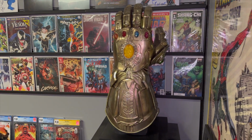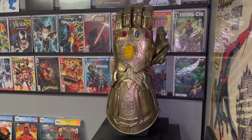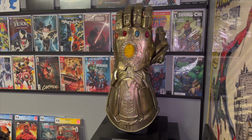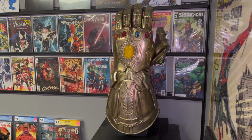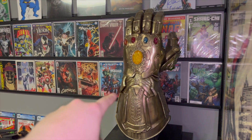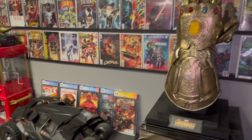It's also a product that is long sold out, so it's very, very difficult to get. I was lucky enough to find it at my local comic book shop for retail, but a lot of people are reselling this thing for double, triple, even quadruple the price. So I'm very, very happy to have that in the collection. Then below that,